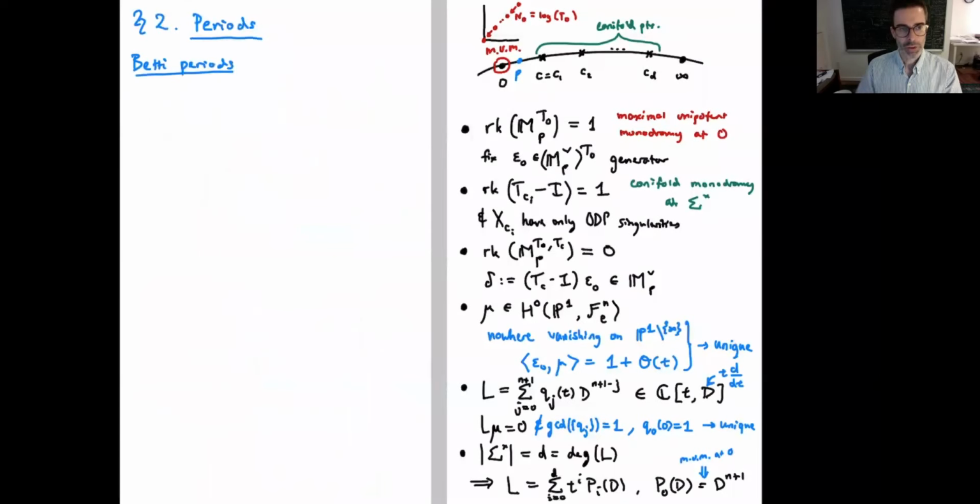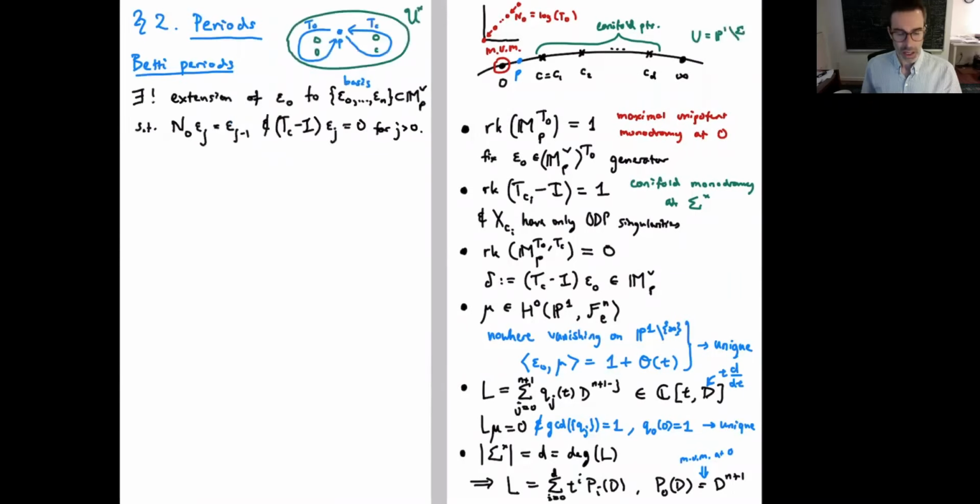Okay, so I'll go on to periods. Start with Betti periods. A lot of what I do will now be restricted to this common neighborhood of 0 and the first conifold point. So just this small neighborhood here. It turns out that it's easy to show that there exists a unique extension of this invariant homology basis element to a basis of homology at P